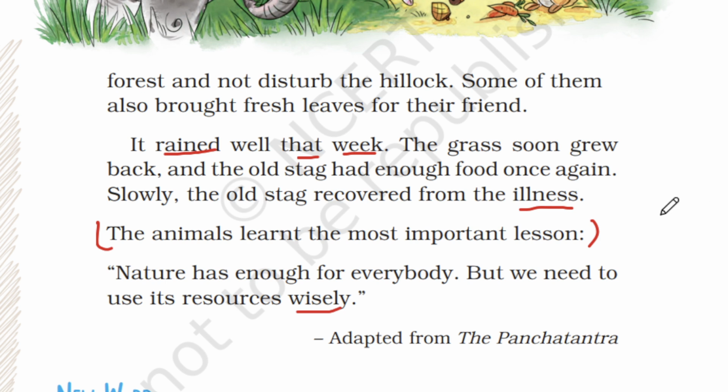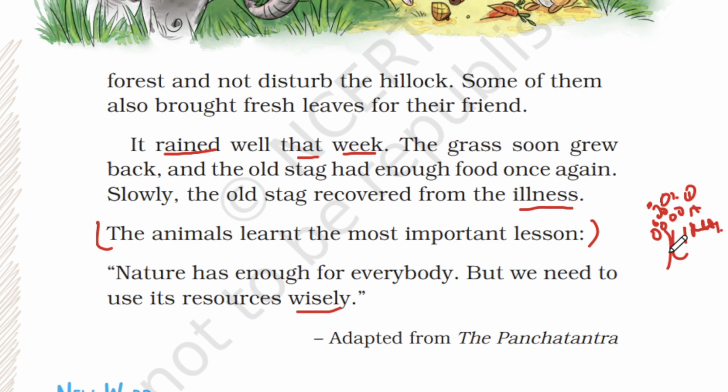Okay, for example, there is a tree full of mangoes, and one monkey is there in the tree. Each day the monkey plucking one mango and eating, that would be enough. But imagine if the monkey is plucking all the mangoes and putting them down and wasting the food and eating one mango in a day.